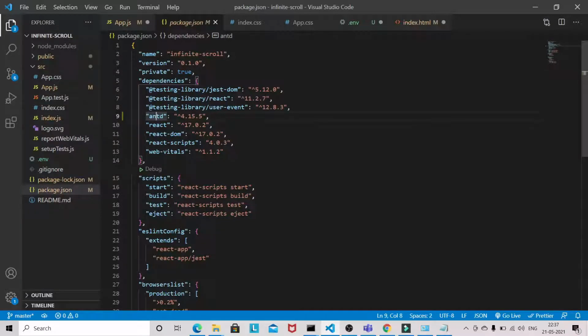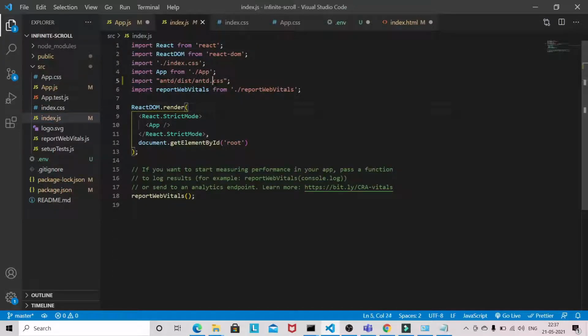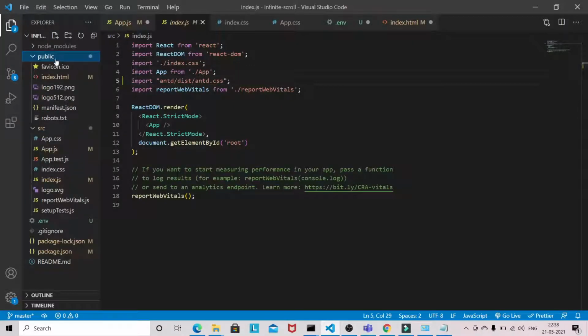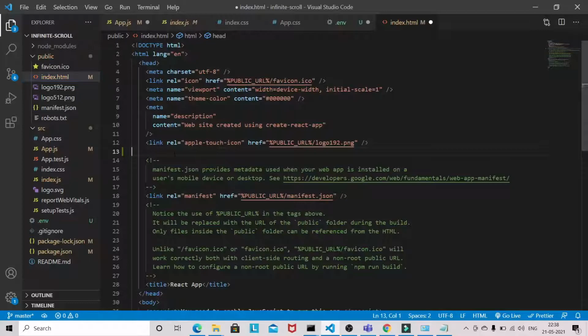Once you install Ant Design using npm install, come over to index.js and bring in the Ant Design CSS file. After that, add the bootstrap material design CSS file. Copy the second one, go to public index, and paste it there.